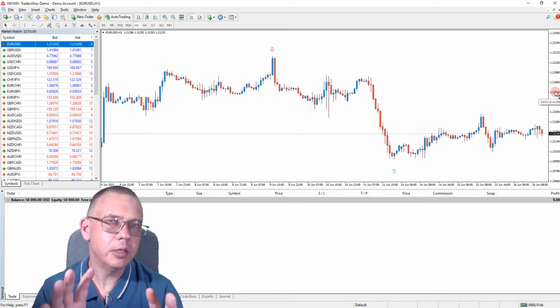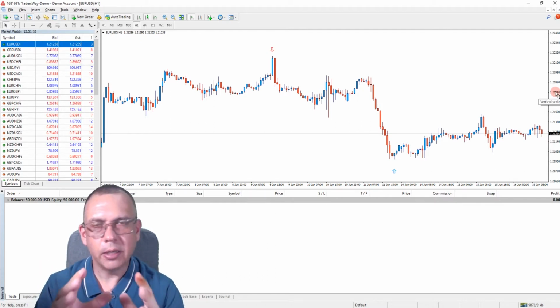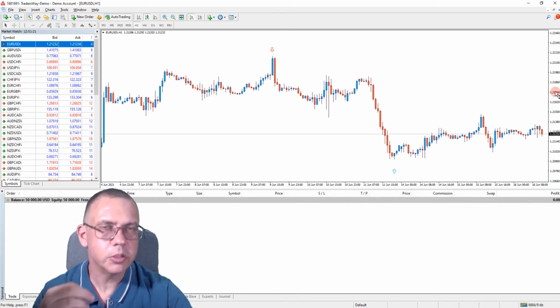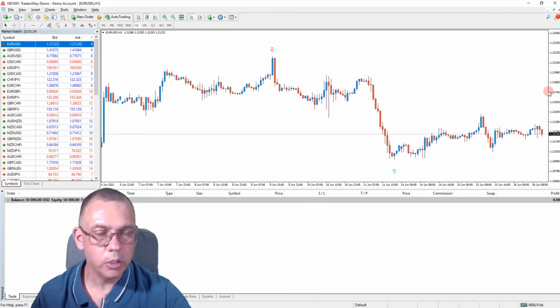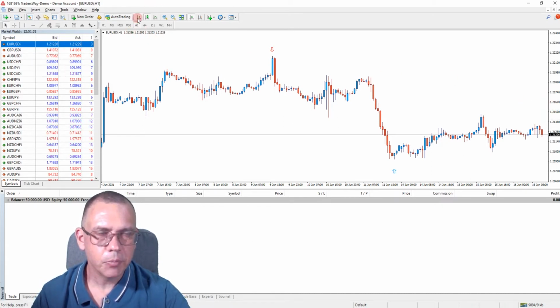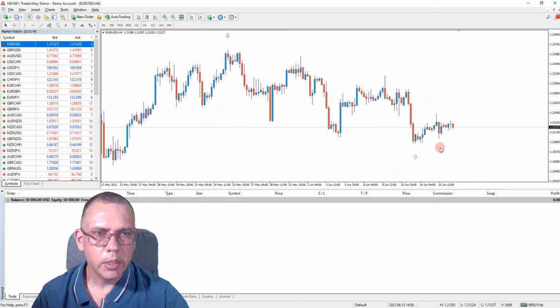And that's what we need to do. First we need to look at the big long-term trend, and then go back down to the smaller time frames like the 1 hour, 30 minutes, and try to trade in the direction of the bigger trend, using the smaller time frames as a reference, if you will. So here on EURUSD we have the 1 hour chart, which is an intermediary time frame in between everything, but still one of the smaller time frames, and it's showing to go up, but it's not really going up, is it? If we look at the 4 hour chart, we have a buy signal,